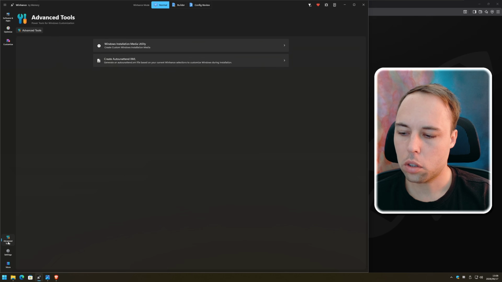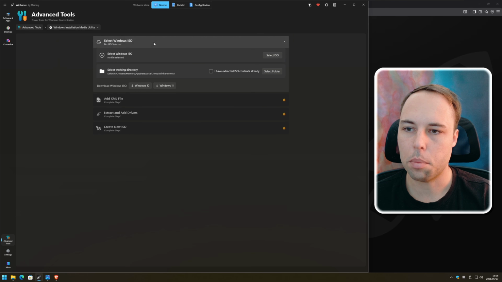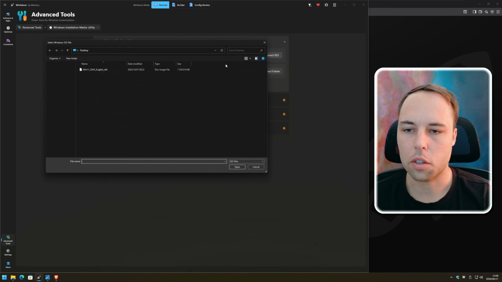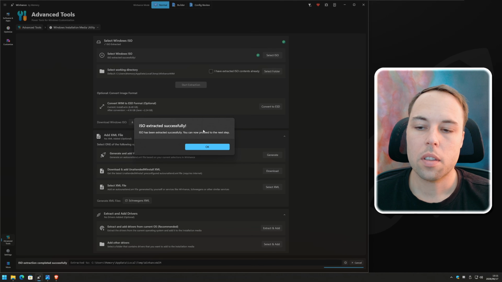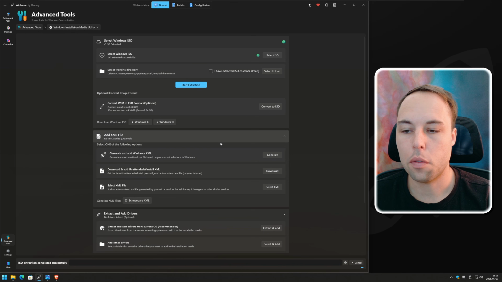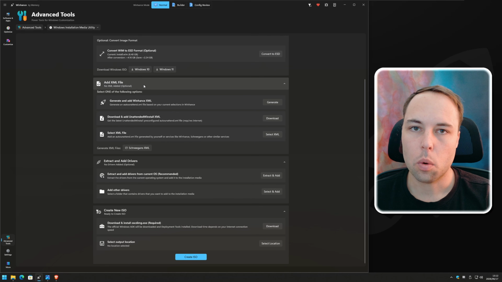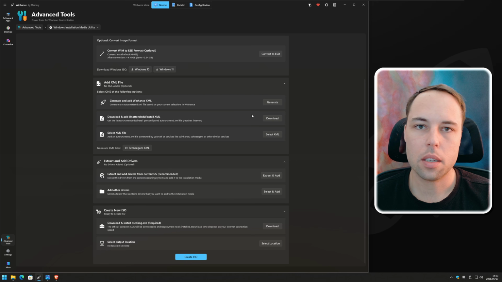If you navigate to the advanced tools in WinHance and you use the Windows Installation Media utility and you select an ISO file that you can extract and you then start that extraction. Once that ISO extraction completes successfully, you can then move on to the following steps. So you can add an auto-unattend XML file to the ISO image, and this is what skips the hardware requirement checks. So if you generate an auto unattend with WinHance or you use the unattended Winstall XML, both of those by default already skip the hardware checks for Windows 11. In future updates, when I build the auto unattend feature more, I will be adding options for those, but as of this recording, by default, it does just skip all of those hardware checks.